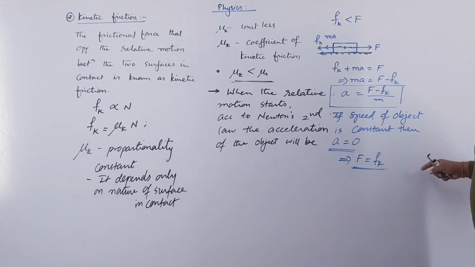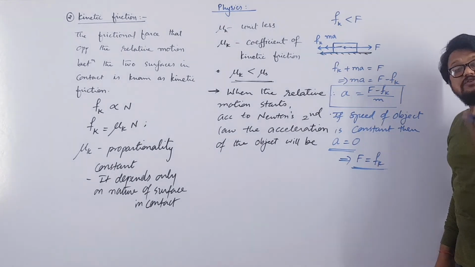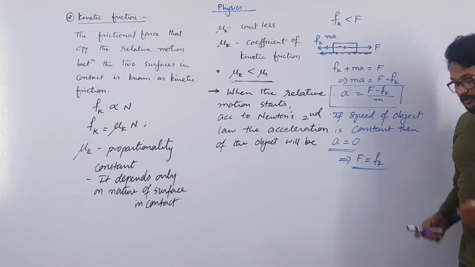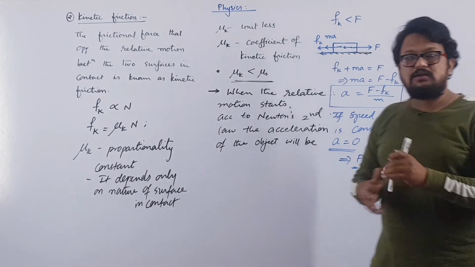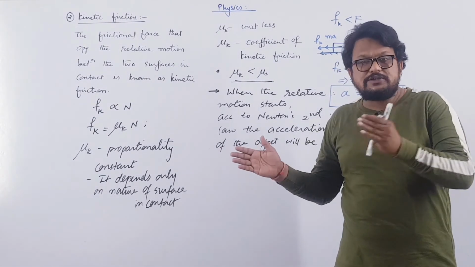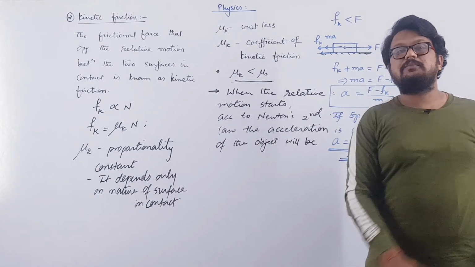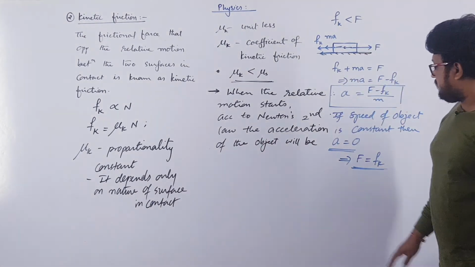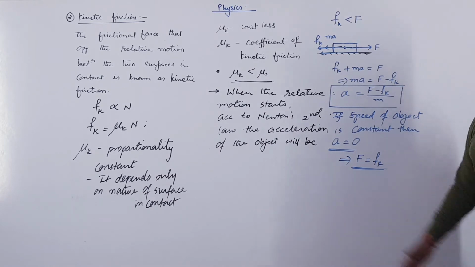These are the two points. One more point is left. If the applied force becomes 0, then what will happen? If you are sliding an object on the table, right, then you will find that slowly speed will decrease and finally it will come to rest. So that we will write after this. Do one thing, pause this video and copy this.